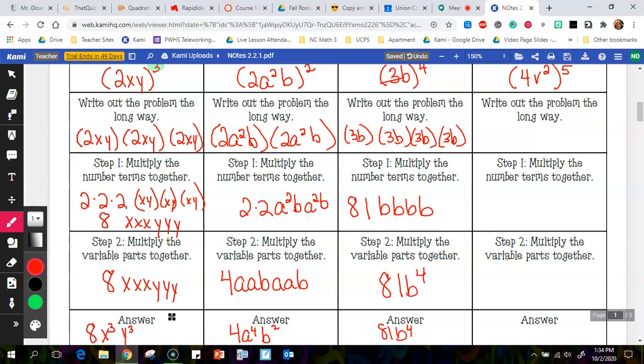We could probably skip a step every once in a while. This is going to be, let's do this. Let's write that 5 times. See if I can squeeze that in. Okay, so it's multiplied 4 times, so it's 4 times 4 times 4 times 4. And that is going to be 1,024. And then you've got v squared